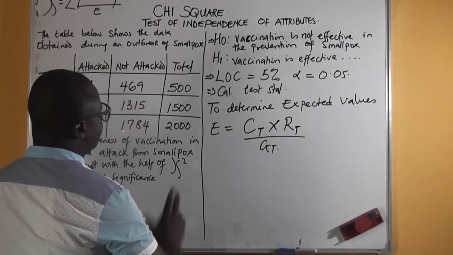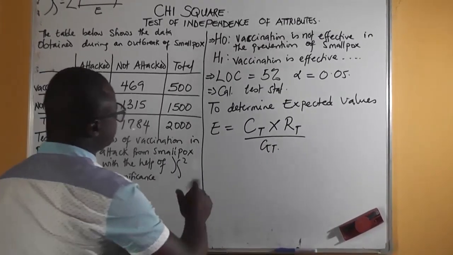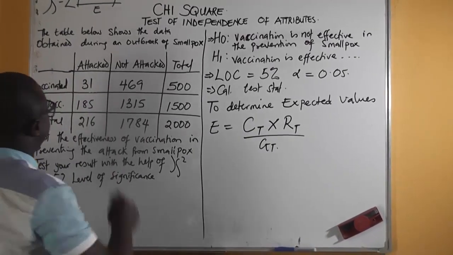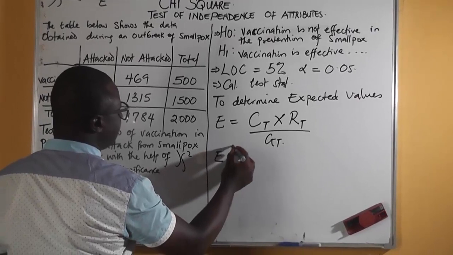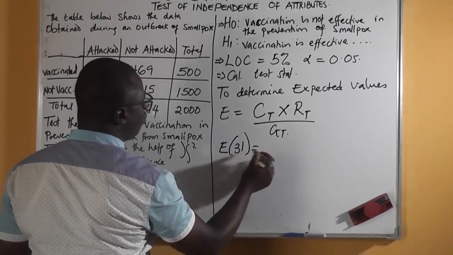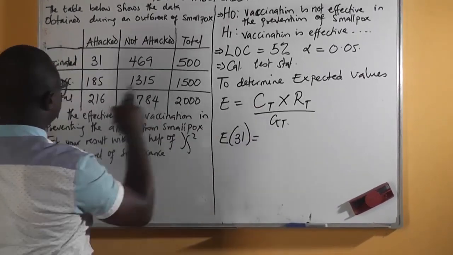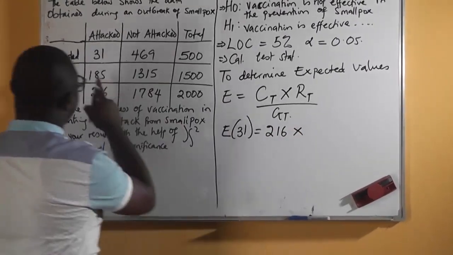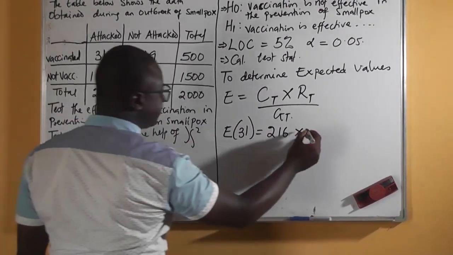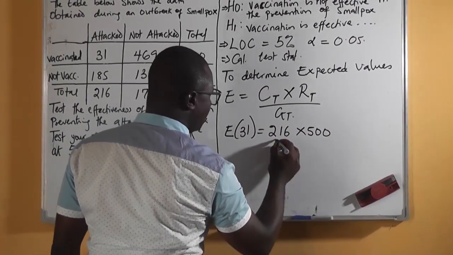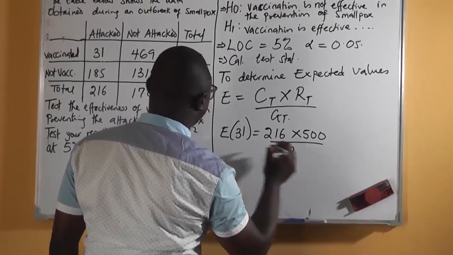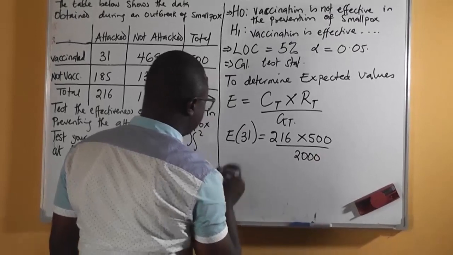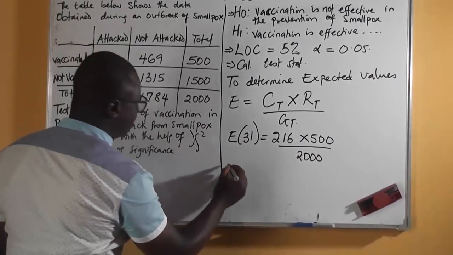The first expected value. We want to find the expected value for 31. So expected value of 31 will be column total. Column total is 216. So 216 multiplied by row total. Row total is 500. Everything over what? Over ground total. Ground total, which is 2000. Alright? Then let us go to the other one, which is expected value for